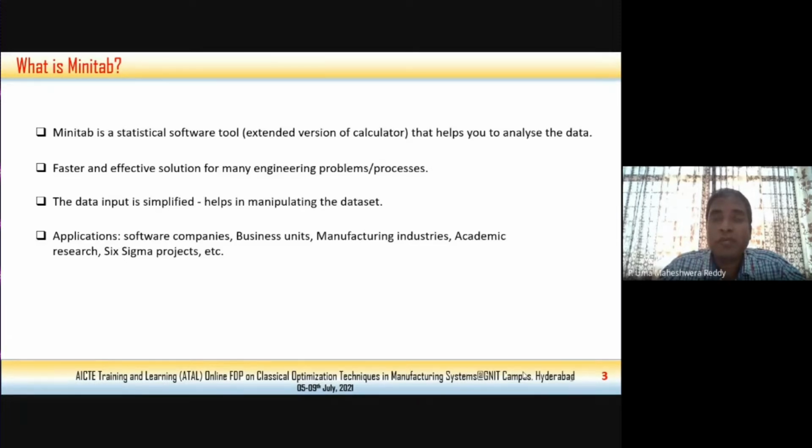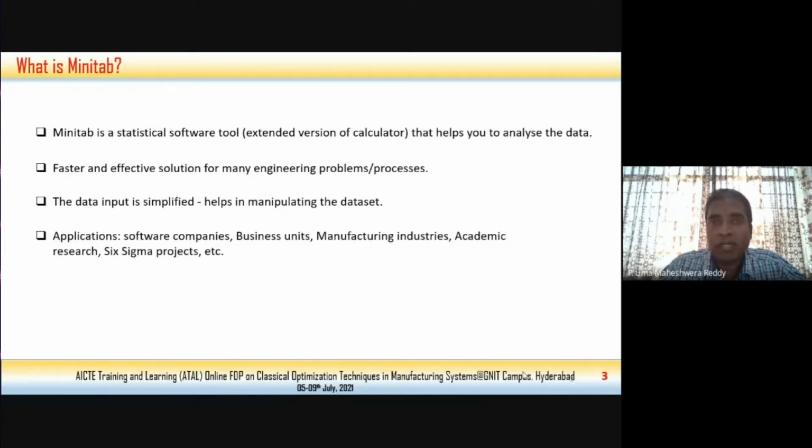For that purpose, if you use Microsoft Excel, you really can work with Excel, but it takes a lot of time to draw a Pareto chart. Whereas if you use the Minitab software tool, with simple clicks, within a few seconds, you can extract a Pareto chart for your data. This is how Minitab works, especially based on statistical functions and mathematical functions. These features are not available in Microsoft Excel.